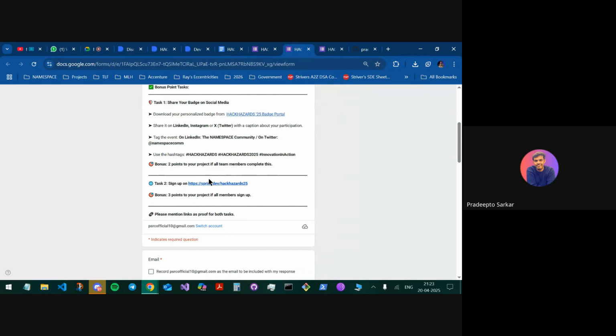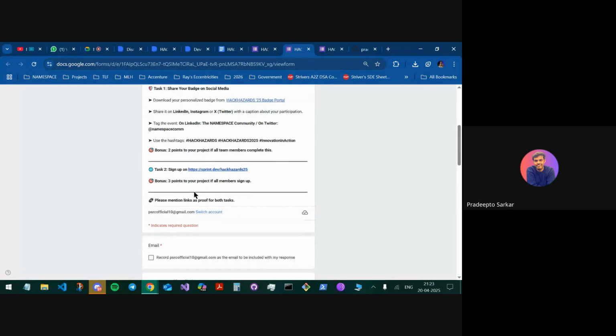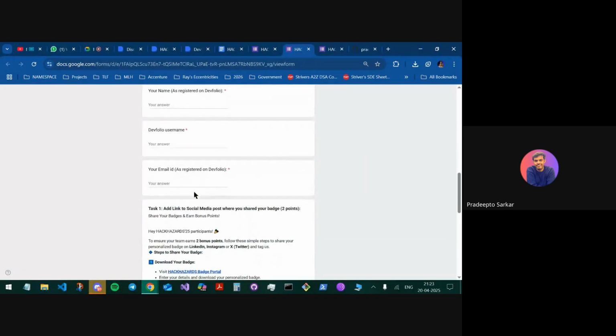So that's the one task. Then the second task is you have to sign up on a platform called sprint.dev. It is a developer platform which hosts multiple hackathons. So you can sign up using this link and provide us the proof of your